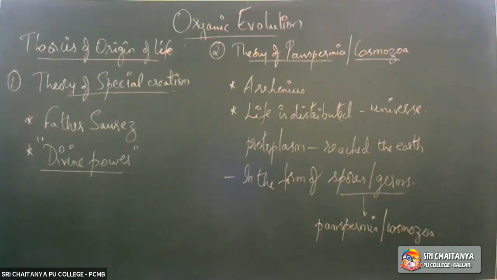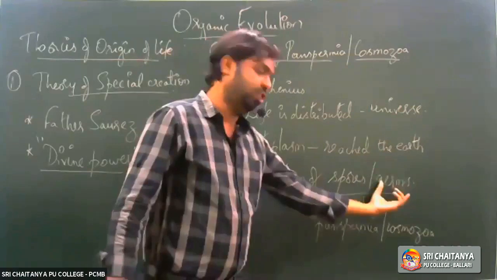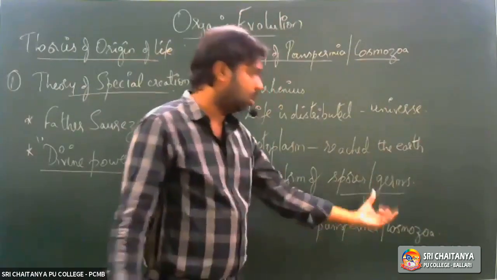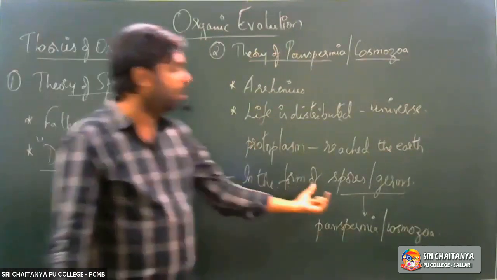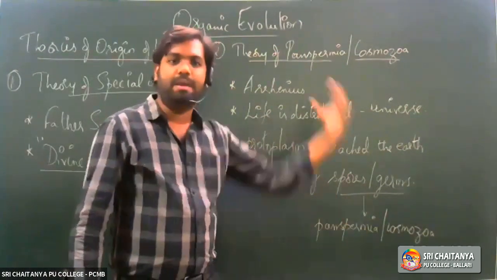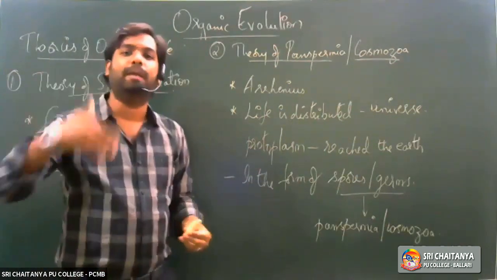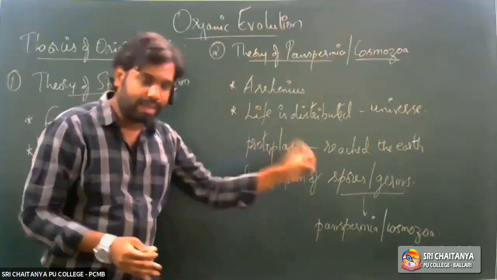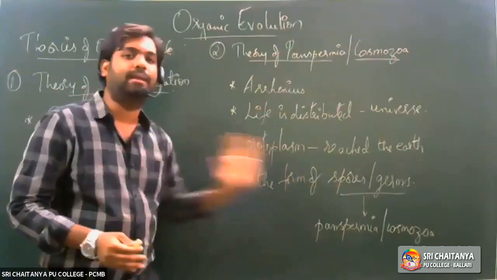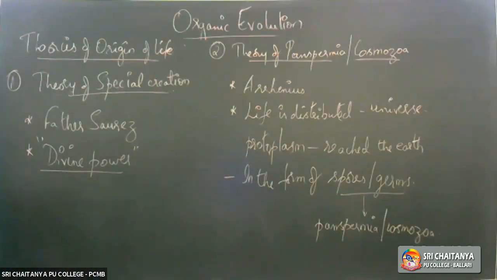From an unknown part of the universe, the protoplasm in the form of spores or germs, which he called panspermia or cosmozoa, reached the planet Earth. Once these spores reached the earth, they started developing into a particular organism. That's how life originated on the planet Earth, as per the theory of panspermia or cosmozoa, which was given